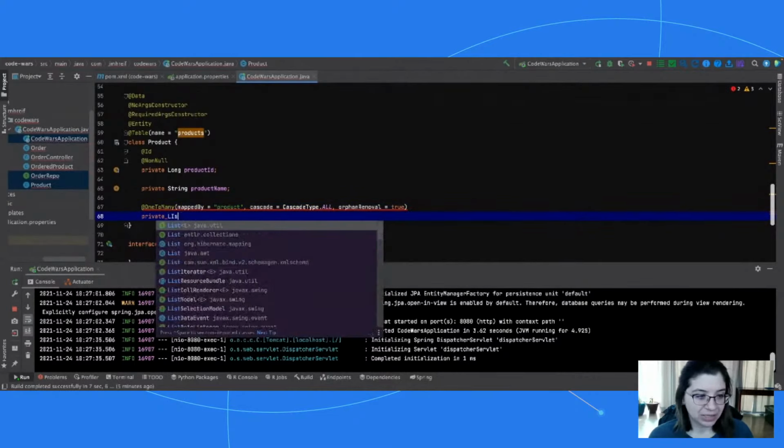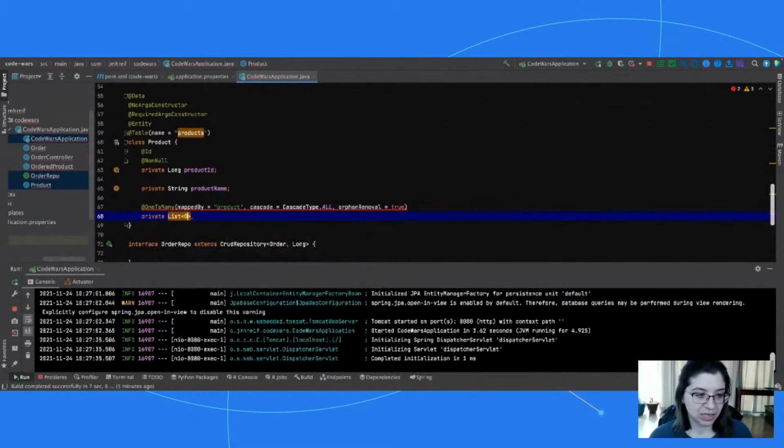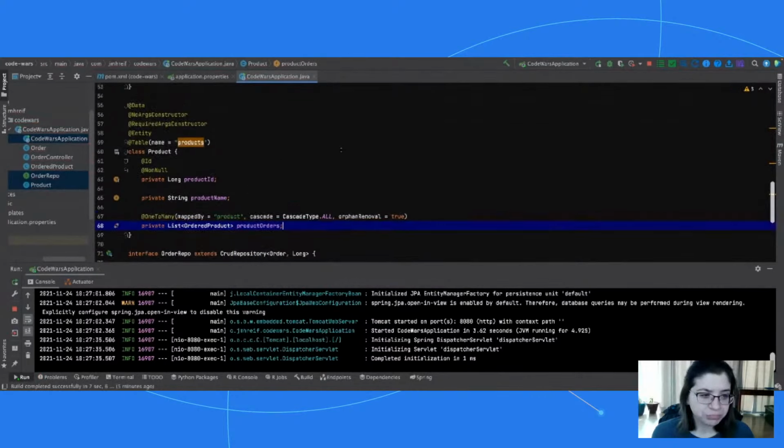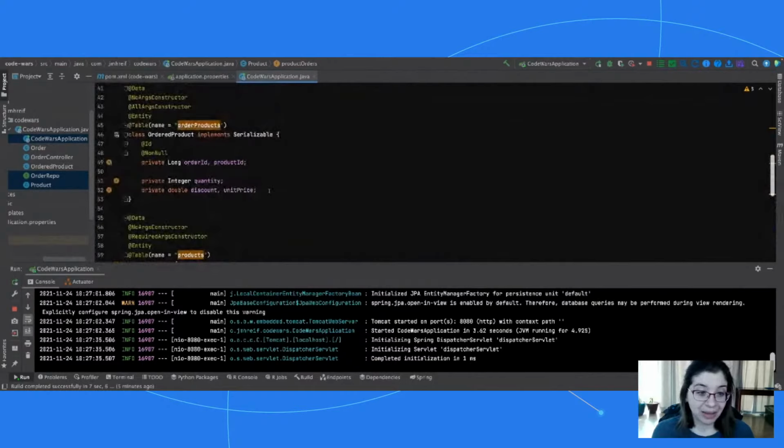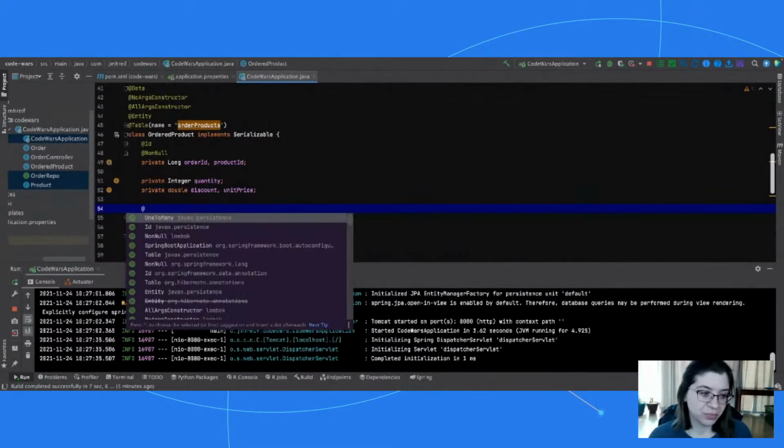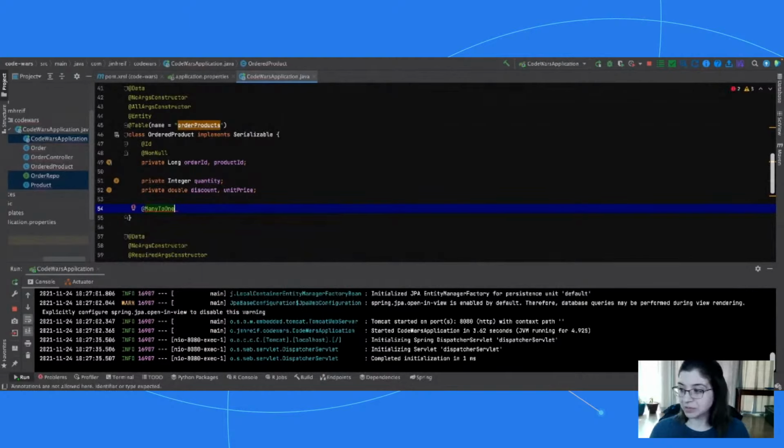And then we have a list again here, ordered product again, because that's our middle ground, our line items. And then I'm just going to call this product order so we can keep them straight. Now let's tie that middle table back to the other two tables on either side. We can have multiple line items, so multiple rows that tie back to a single order or a single product. So it's a many to one.